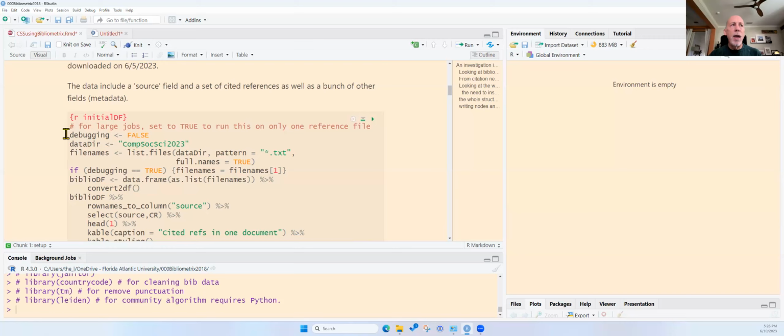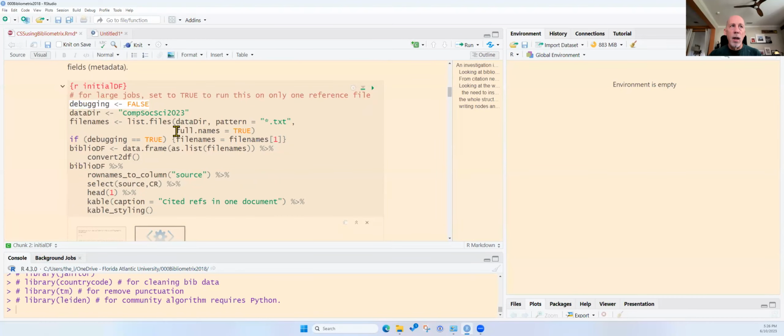I've got some extra commands in here like debugging is false. If I'm looking at a data set with like 50,000 references, which I might be, I might want to first look at just a small fragment of that and set that to true. But everything is good here. And what I'm going to be doing is I'm